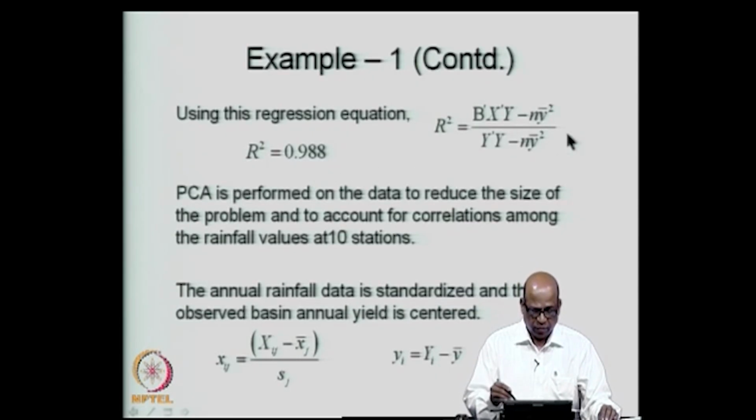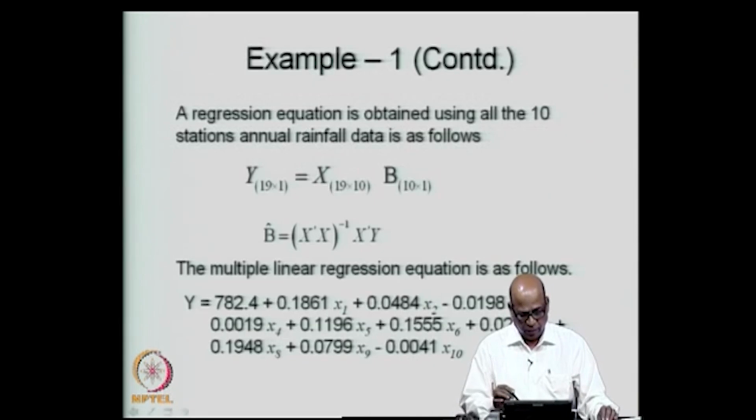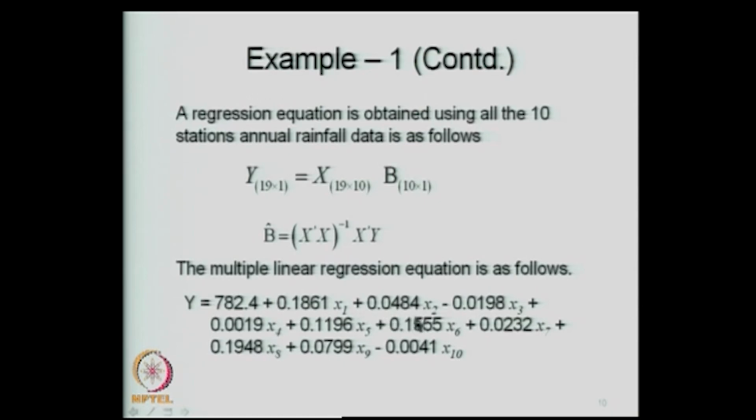So, this would have been nice and acceptable, provided this size was not big like 10 variables and provided we were sure that all of these are uncorrelated. For example, there is no correlation between x 1 and x 5, x 1 and x 4 and so on. So, if they were uncorrelated and the size was not as large as this, then it would have been